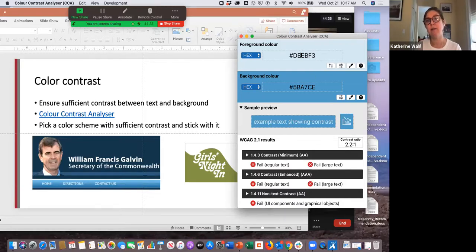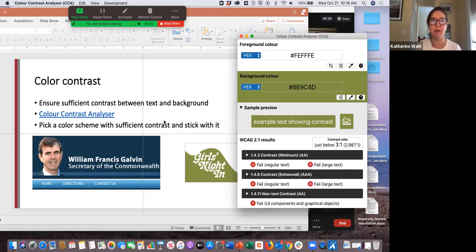If you already know the hex colors, you can enter them here in these boxes instead of doing the drag and drop. Sometimes you'll have a color palette that you're using, and so you can just put those colors in there to test it. For Girls Night In, you can check the white on the green. And it will say it was just below for large text. It's 2.987, so it's very close. For regular text, I'm sure that it fails, but this seems to be large text and a logo, so we could maybe just bump up that green a little bit and it would pass and meet the standard.